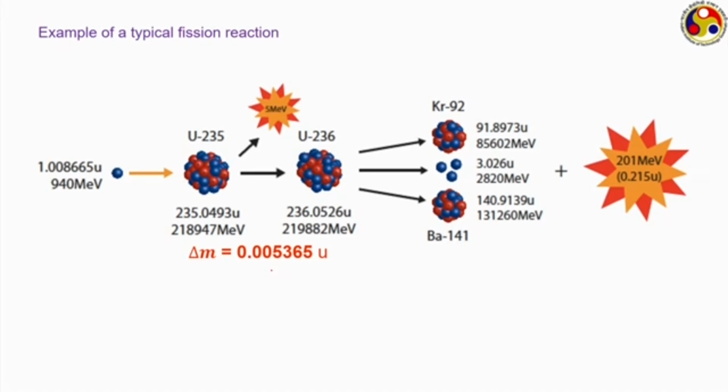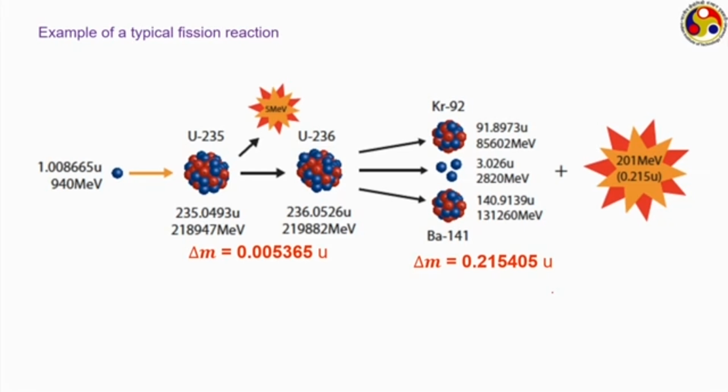In the same way we can calculate the mass defect for the second stage, where U-236 gets broken into krypton and barium, and the corresponding mass defect value can be calculated as 0.2154 U, which is associated with an energy. That means, if you multiply this by 931, we get an energy release amounting to 201 MeV. Commonly, the fission of one U-235 is associated with the release of about 212 MeV of energy. While combining the figures shown here, we are getting only 206, but the final products